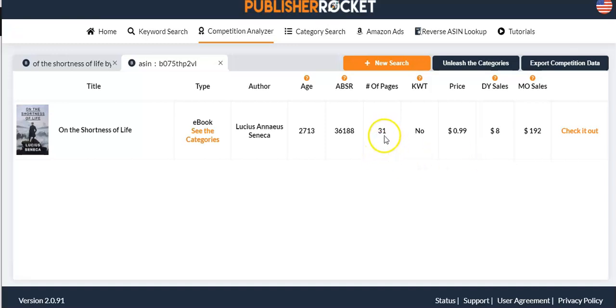This is an ebook, which mine will probably be around the same number of pages. As a book, it's 70 pages, but as an ebook, of course, that's going to be less. Their price is 99 cents, which tells me I want to be selling mine at 99 cents. Wow, they've been up there for a long time that they've been selling on Amazon.